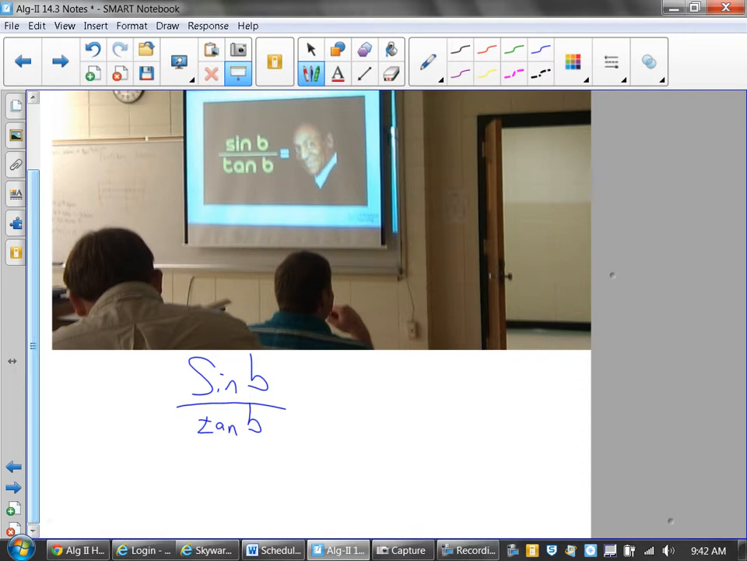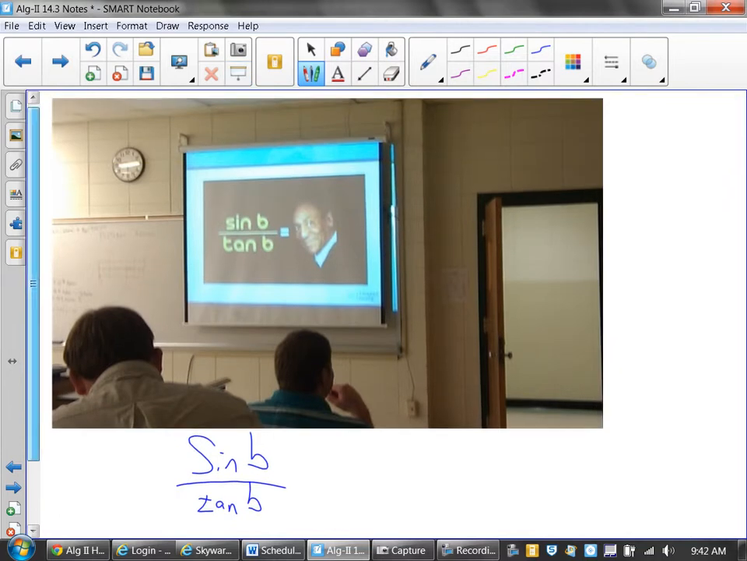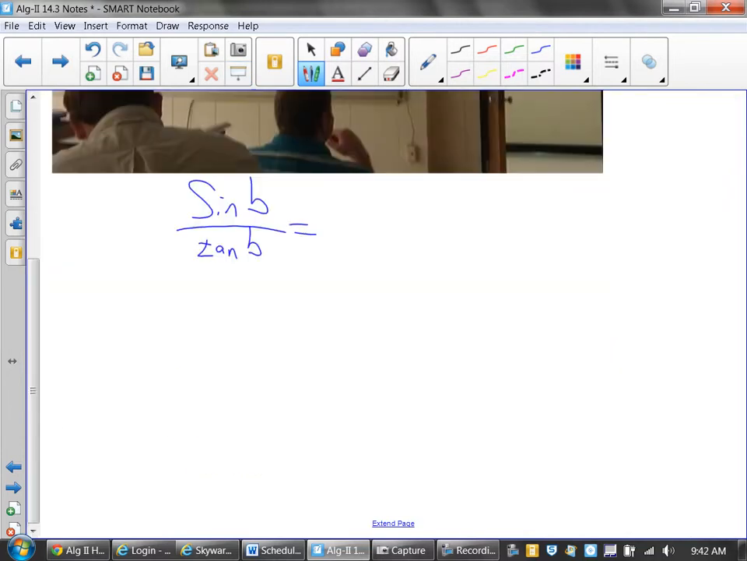What can you rewrite tangent as? Sine over cosine. So it'd be sine of b over... Does everybody agree that I could rewrite this as sine? I'm going to keep the b in here. So this is sine of b divided by the tangent of b. Tangent of b would be